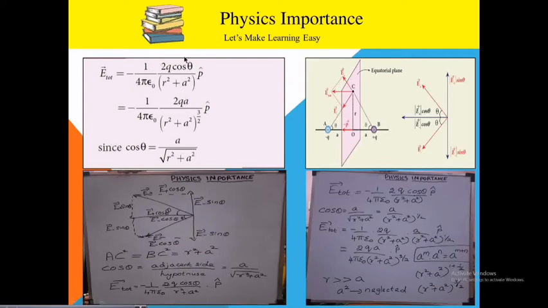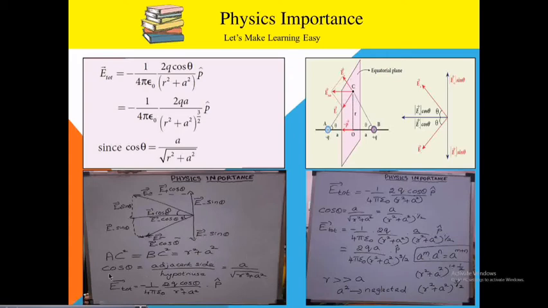So here we have to find the value for cos theta. See this diagram. Here it is inclined at an angle theta. Opposite side means E plus sin theta, adjacent side means E plus cos theta. For E minus, the opposite side is E minus sin theta, and the adjacent side is E minus cos theta. So here we can write AC square is equal to, I told you, R square plus A square.